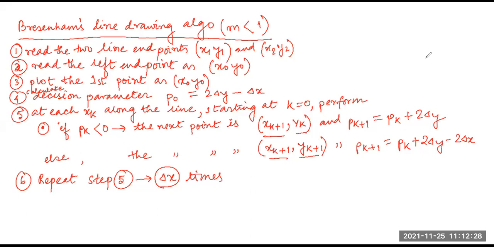Okay, so after 2, 2, what is the next plot you got? 3, 3. After that, 4, 4. 4, 4 is the right answer. If you are having 4, 3 or something other than that, then you need to check where you did wrong. 2, 2, 3, 3 and 4, 4.